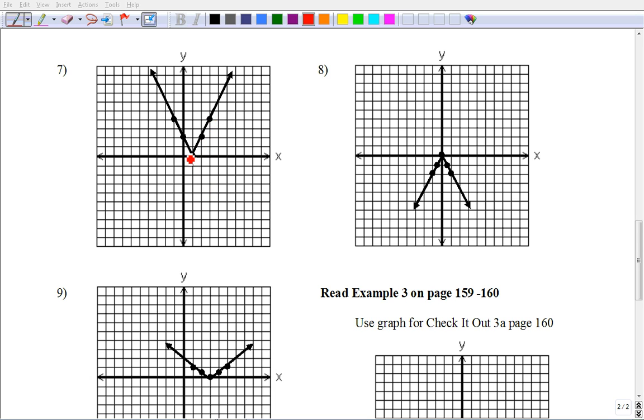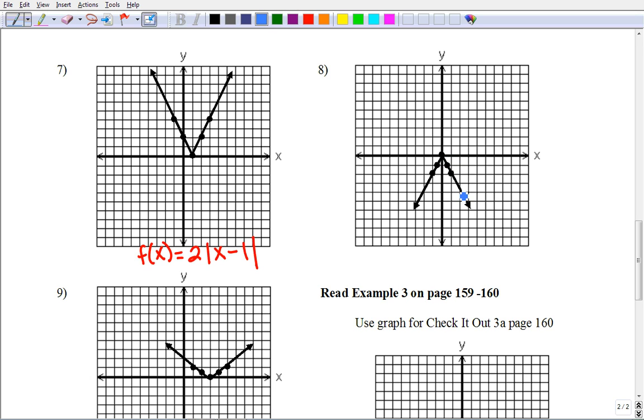And then also I can see that my vertex has been moved to the right 1. So we moved to the right 1 and we've multiplied the y values by 2, which means a vertical stretch by a factor of 2. So we have f of x equals, so we multiplied our y values by 2, that means a 2 will be sitting in the front, but we've also moved it to the right 1, so that's x minus 1. So the right 1, vertical stretch by 2. Okay, on the next problem,